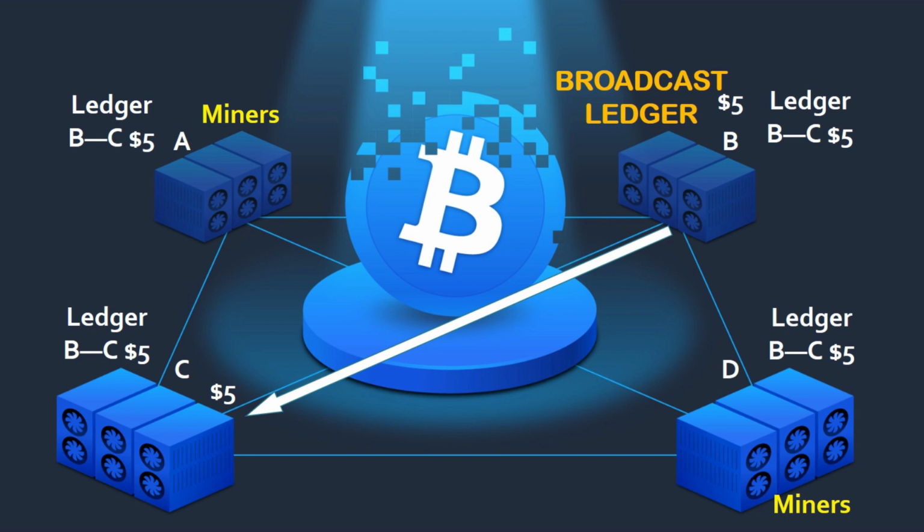The first miner who does it will get a financial reward, that is Bitcoin. To win the competition to be the first to take the transaction and add it to the ledger, the miner needs to do two things. First, it needs to validate new transactions. This is easy because the ledger is open and you can easily calculate whether B has appropriate funds to make a transfer. The second thing a miner has to do is find a special key that will enable the miner to link to the previous transaction and log the new transaction.